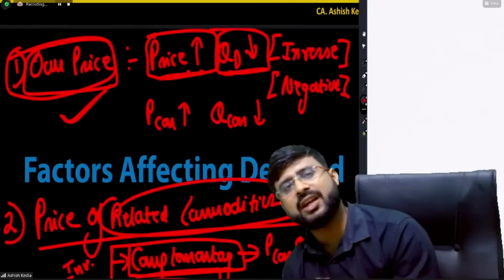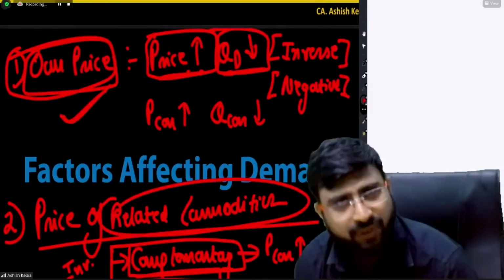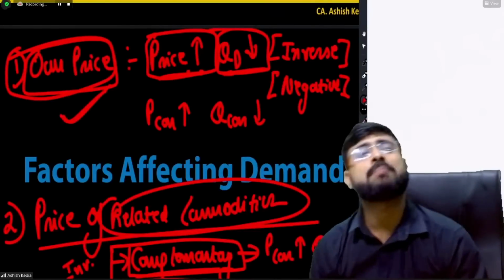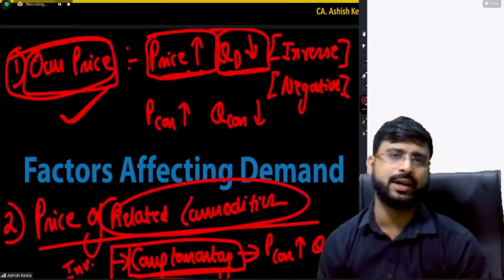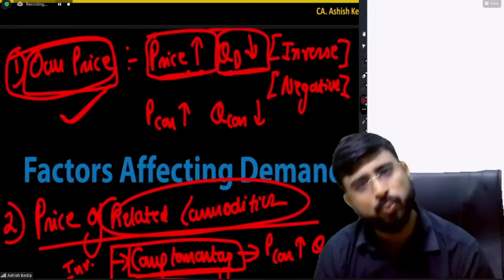हम लोग मान के चल रहे हैं, जब हम लोग एक फैक्टर को पढ़ रहे हैं तो हम लोग मानते हैं कि बाकी फैक्टर्स में कोई बदलाव नहीं आया, बाकी चीजों में कोई बदलाव नहीं आया। जब एक पढ़ रहे हैं तो केवल वही इंपैक्ट हो रहा है। आई होप क्लियर एवरीवन।